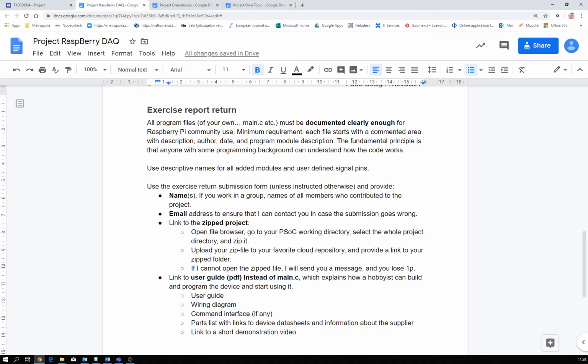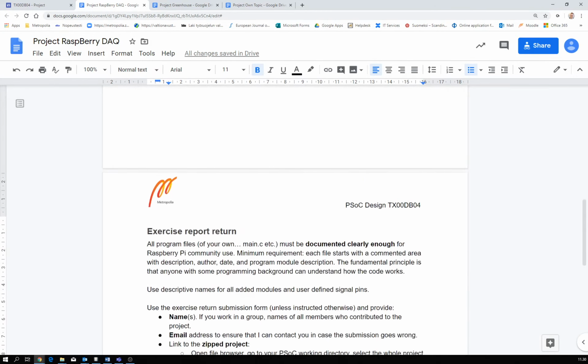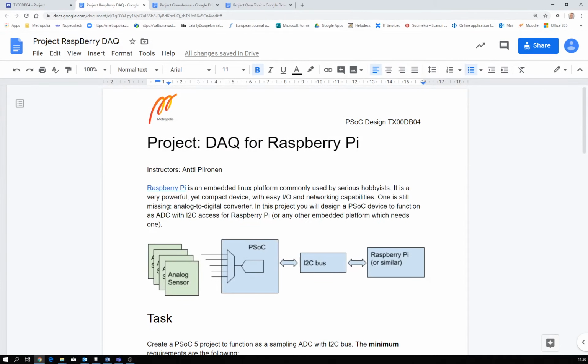Okay, command interface you might actually have. Parts list with links to device datasheets, and a link to a short demonstration video. So all of these should be in that PDF file, and provide a link here. And remember to share the PDF on some cloud service so that it can be opened. Okay, so that's the big deal